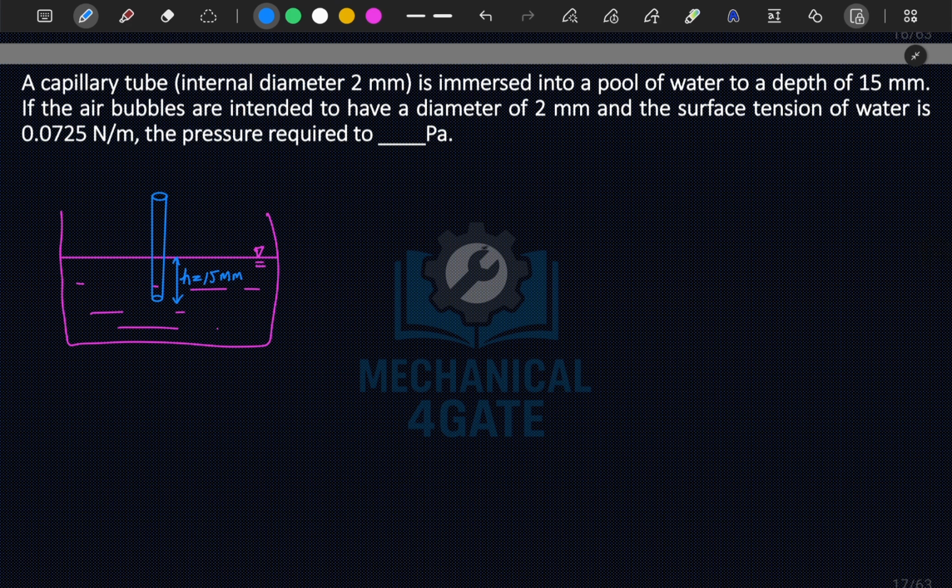If an air bubble is intended to have a diameter of 2 mm, and the air bubble is formed using this capillary at this point only. This is your air bubble. It has D equal to 2 mm, and this air bubble also has D equal to 2 mm. The air bubble is intended to have a diameter of 2 mm, and the surface tension of the water is this. The pressure required